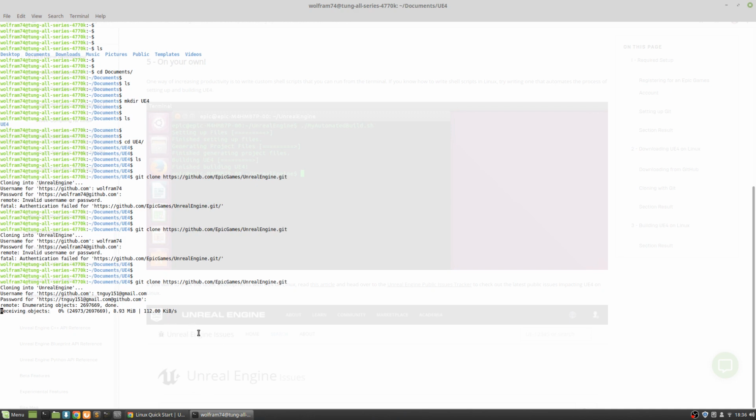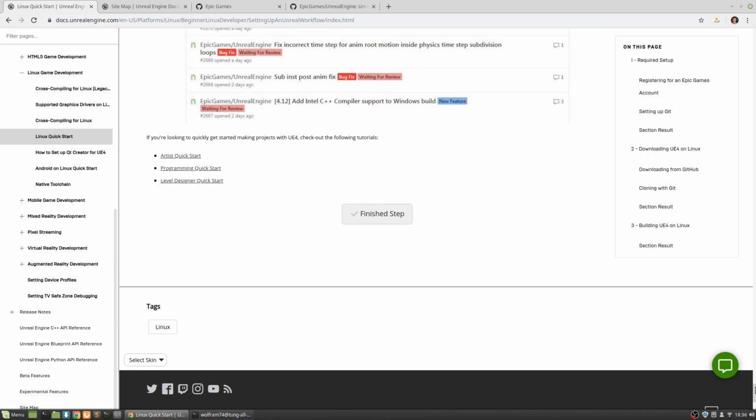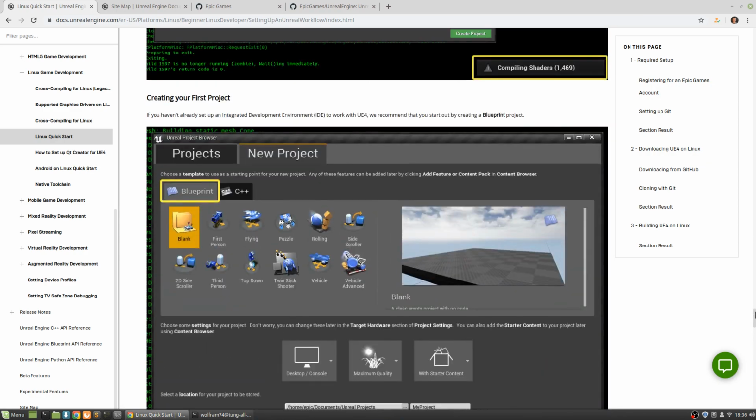It's going kind of slow right now, only about 90 or 100-something kilobytes per second, so that looks like it's going to take a while. I'm going to let this clone and then resume the video when it's done, and then we'll see how easy it is to install just based on the setup script, and how easy it is to set up our first project and all of that.